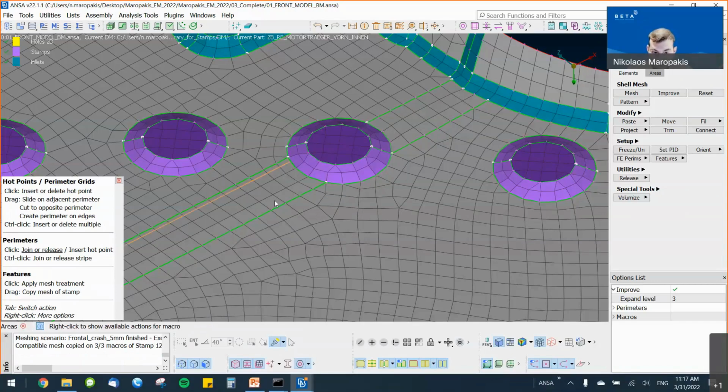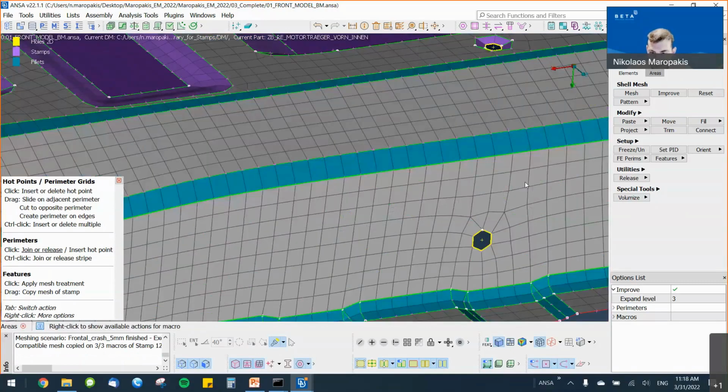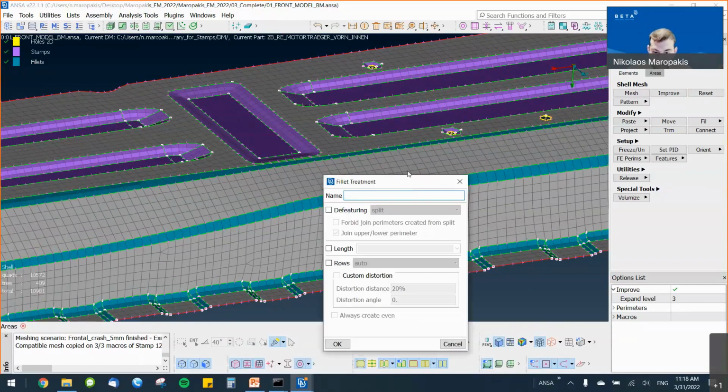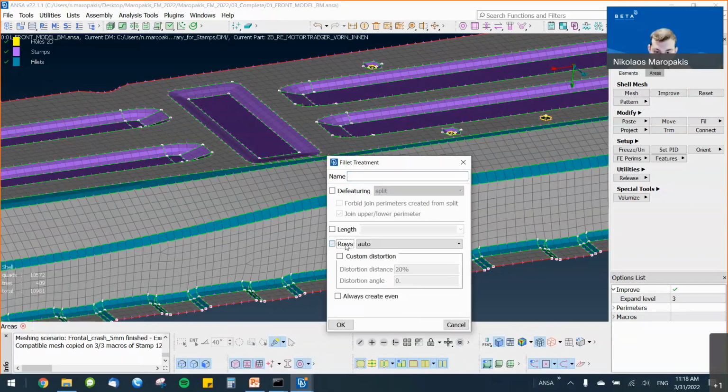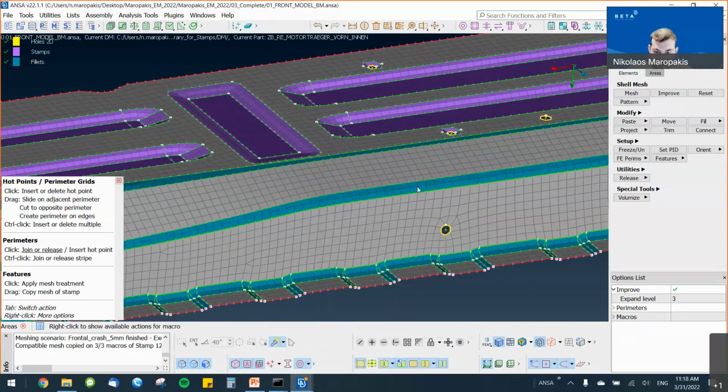The direct edit functionality also gives me more direct access to more features, like fillets that I can see here. Again, when I hover my mouse over the fillet, I can see that it is highlighted, and that means that by clicking, I have direct access to its treatment, and I can define it. For instance, here I can say that I want 2 rows on this fillet. I can click OK, and instantly I can see that in this fillet I got 2 rows of elements from edge to edge.